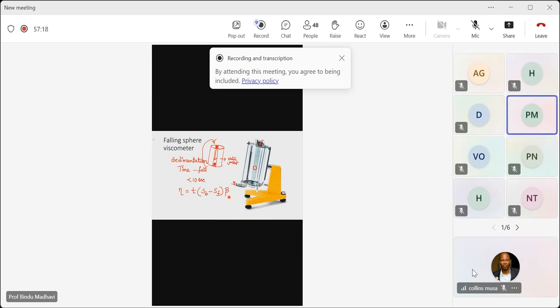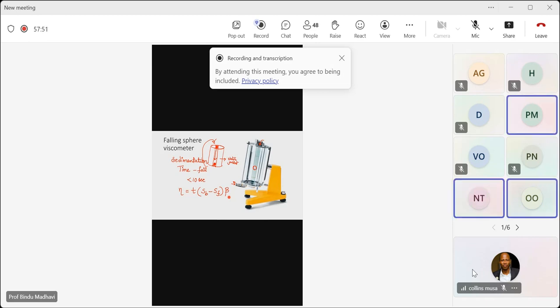So here, eta is the viscosity. T is the time taken by the ball to fall down. SB is the specific gravity of the ball, which will be provided by the manufacturer, because the ball specific gravity also influences its time to fall down. If the ball specific gravity is less, it will take more time to fall down. If the specific gravity is more,